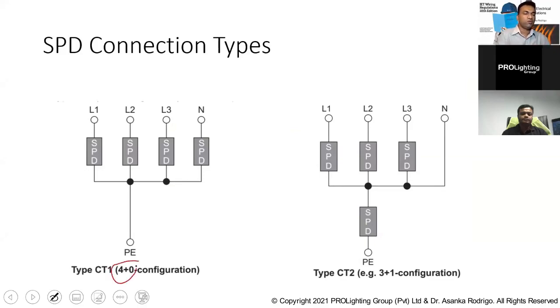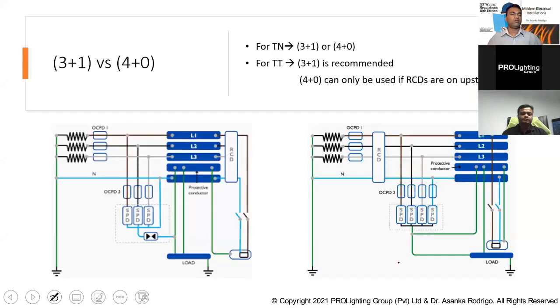Those are called 4+0 and 3+1, and depending on whether you have a TT earthing arrangement or a TN earthing arrangement, there are different recommendations given in the standard. As an example, I'm not going to give all the details, but just a few examples: with the TN earthing arrangement, you can go with either the 3+1 or 4+0. But with the TT arrangement, the 4+0 is not recommended, because the problem